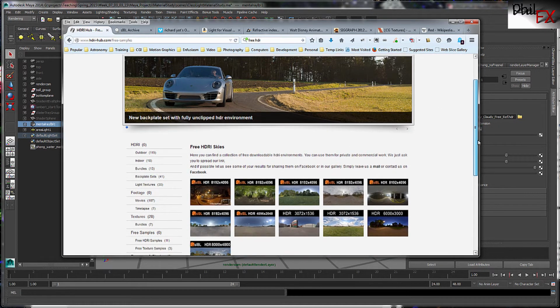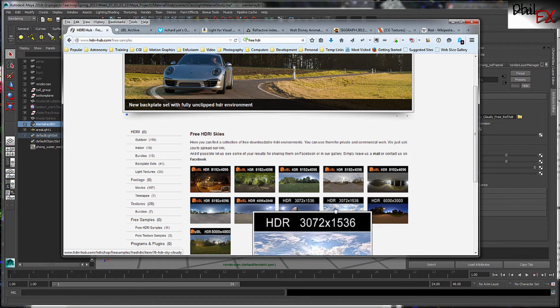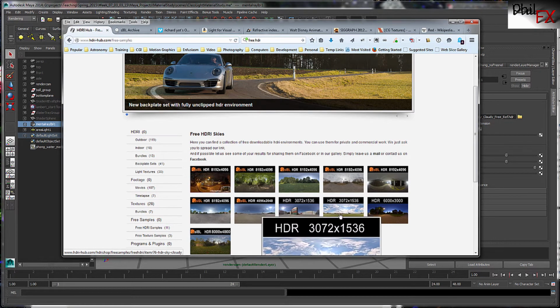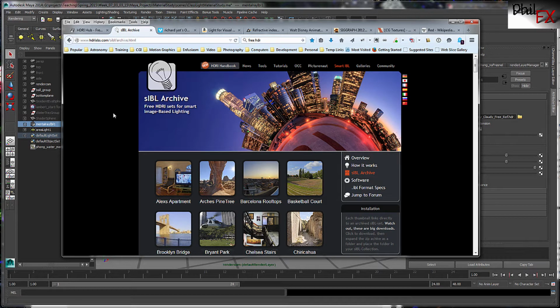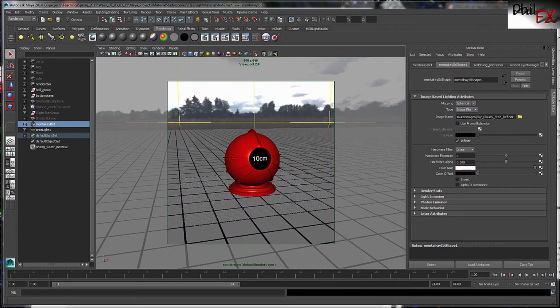And in fact, this picture right here is the sky image that I'm actually using. But you can see there's a number of different free HDR images that you can get. Another place that you can get it is the SIVL archive for HDR images for image-based lighting, and they've got some nice selections of some free images that you can use for IBL. So we load that image in, and we have our